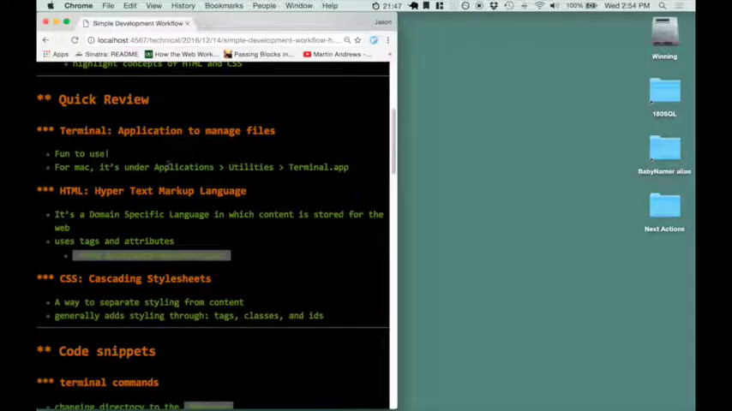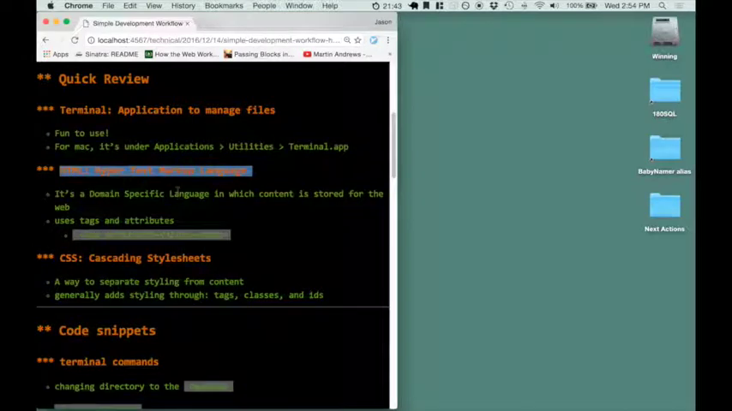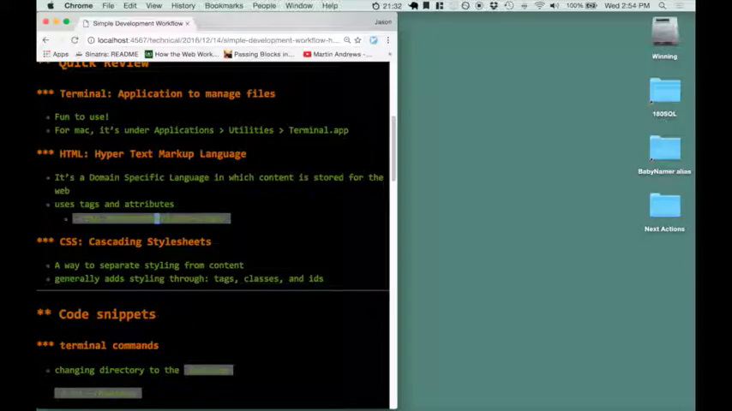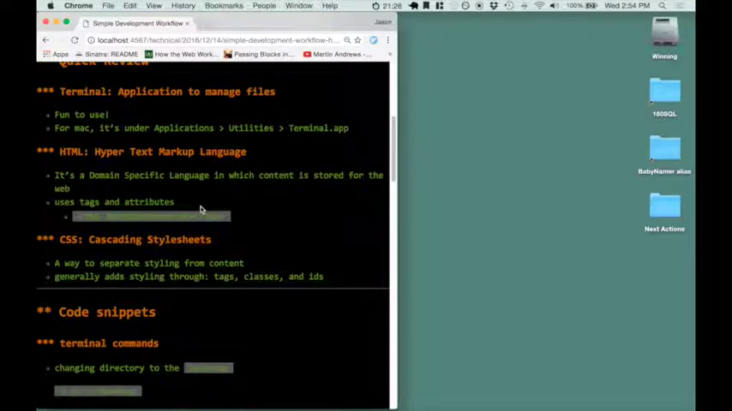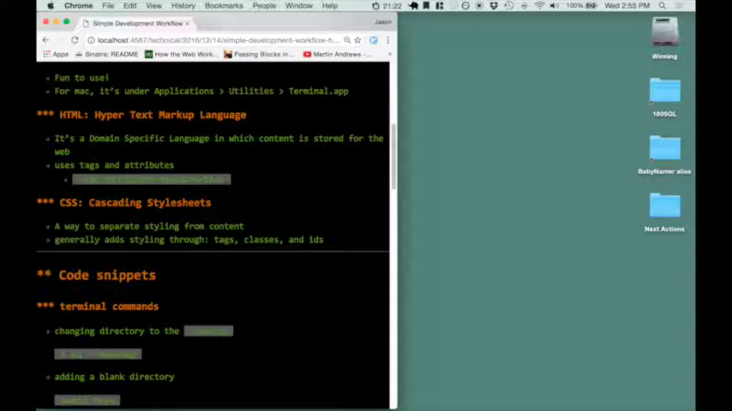HTML is a hypertext markup language. It's a way that a browser takes content and puts it on the screen. Generally, it usually has a tag with some attributes and then a closing tag. This is very, very high level, like I said. But these attributes can get separated out so that you have content in one file and styling in another,